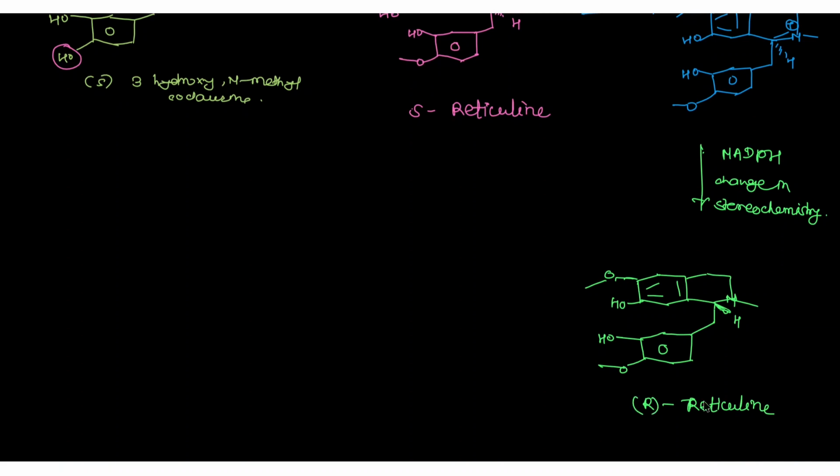This is all about the biogenesis of papaverine and reticuline. Now next we will see the biogenesis of morphine from R-reticuline or tyrosine. As we already saw the biogenesis of reticuline from tyrosine, now we directly see the biogenesis of morphine from R-reticuline. So the first structure is R-reticuline,